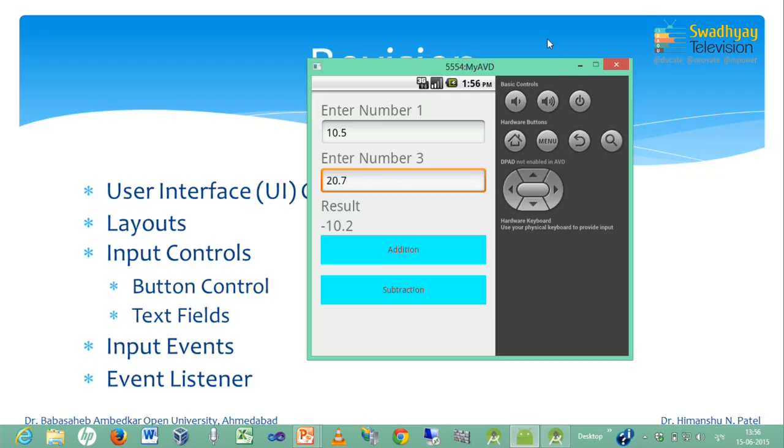Here first, if you look at it mouse pointer, the first line is enter number 1. This is called text view control, which is used to display text. Then there is a text field or edit text control which accepts number 1 from user. Third line is enter number 2, which actually should be number 2. So it accepts number 2, and finally this result is again text view and answer is also text view. So here we have 1, 2, 3 and 4 text view control,